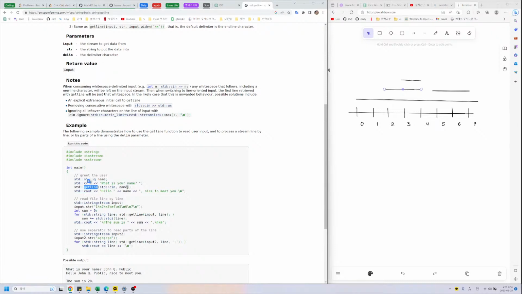CIN name. So basically what it does is that it parses carriage new line. When iStream headline